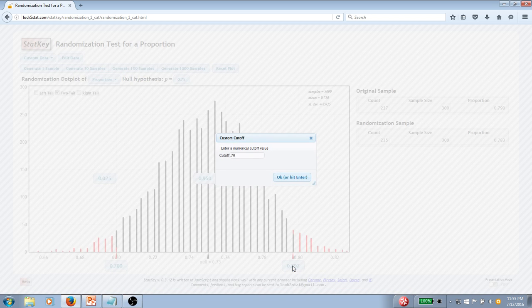And I'm just using the right tail because 0.79 is bigger than 0.75. Right? If our sample proportion was something less than 0.75, the value of the null hypothesis, then I'd be specifying the bound in the left tail. And then if I say OK,